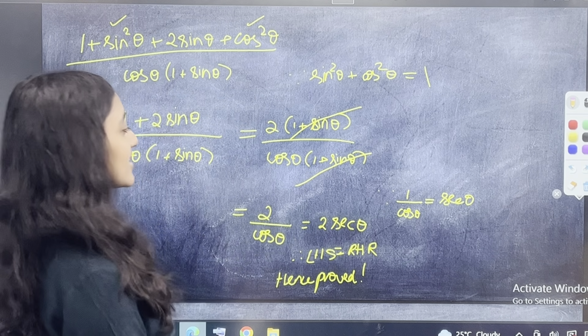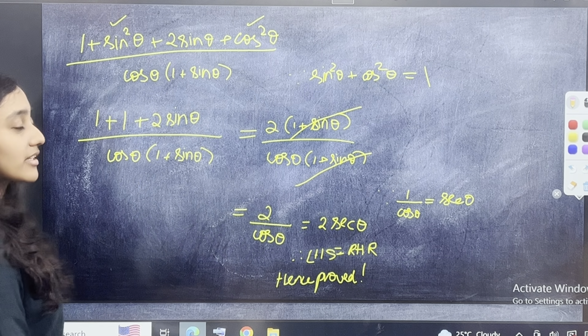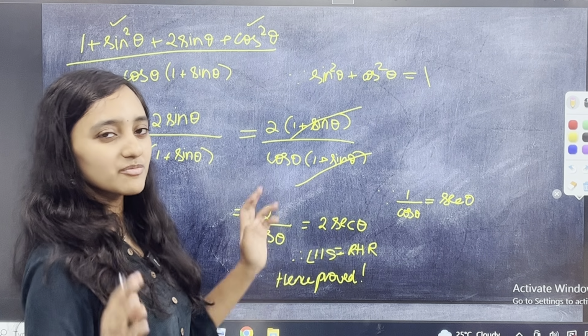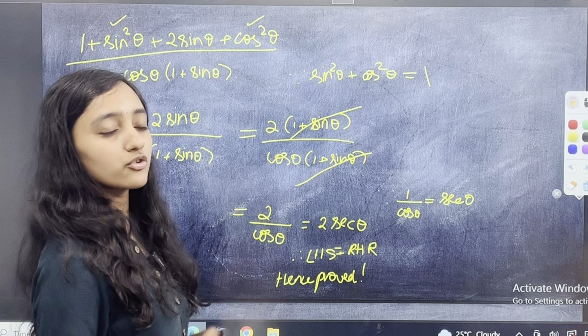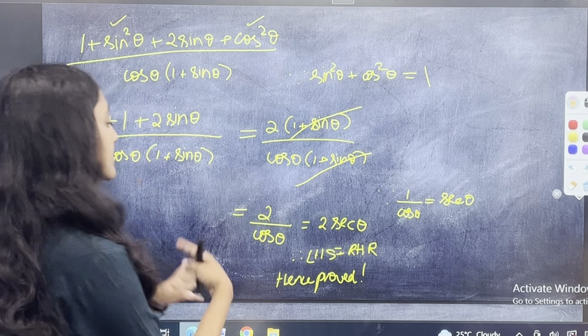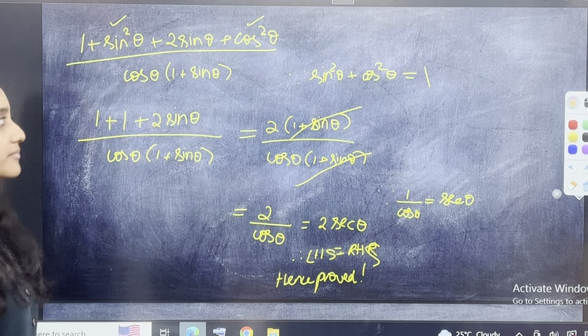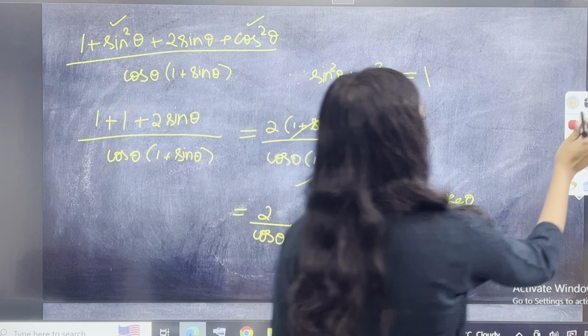Okay, so it's as simple as that. It was very simple, I took a lot of time because I was trying to explain each line, but you can very easily, just by knowing those two things which I told you, trigonometric ratios and trigonometric identities, solve this sum very easily. Okay, fine. Now let us go to the next question.